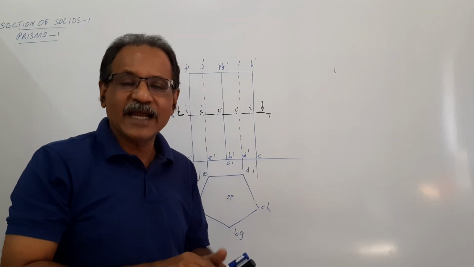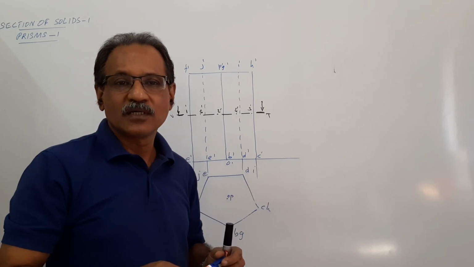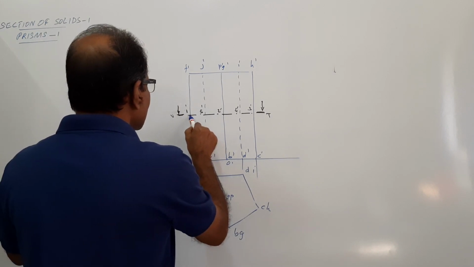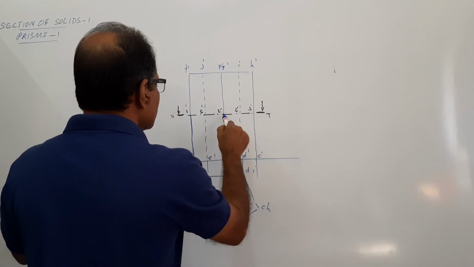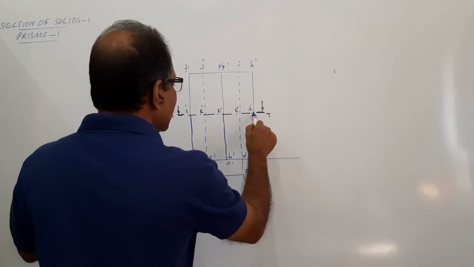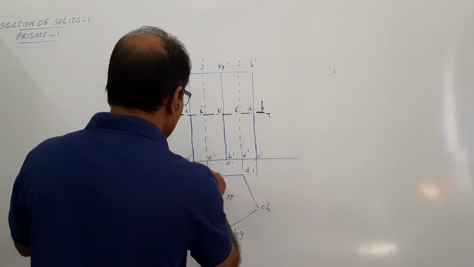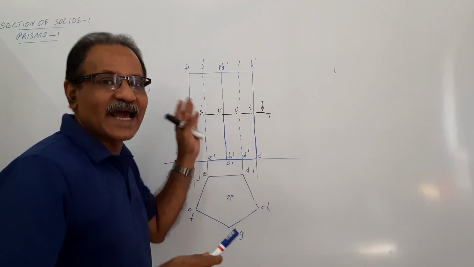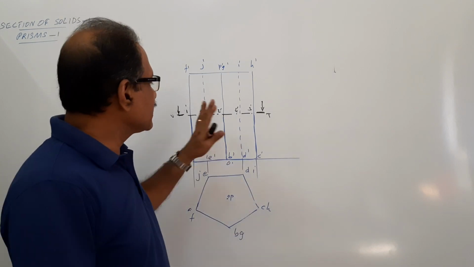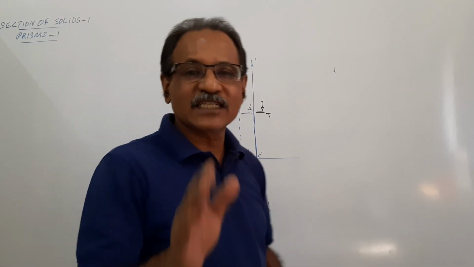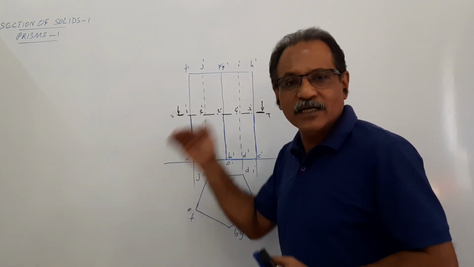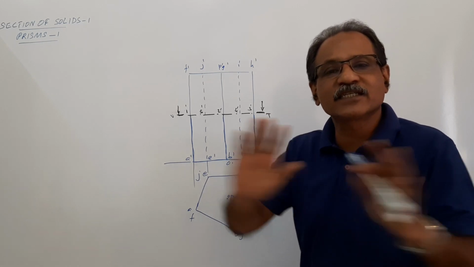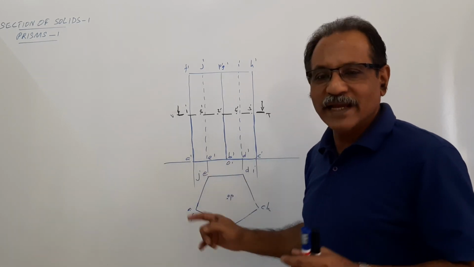To indicate that the top half is removed, in drawing methodology, what you do is darken the boundary of the remaining part, or darken the edges of the remaining part. What does it mean? It means that the top is removed, the lighter portion is removed. Okay, this completes the sectional elevation. After drawing the cutting plane, marking the points and darkening the lines of the remaining portion, the sectional elevation is complete. Now you have to complete the sectional plan.